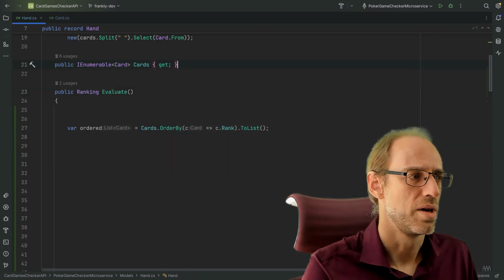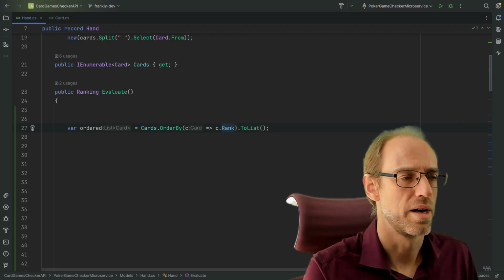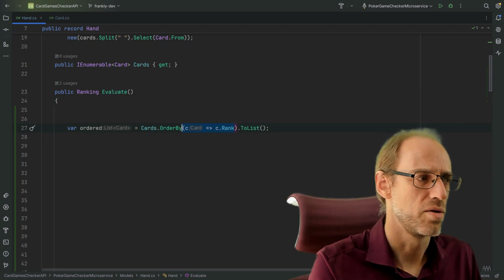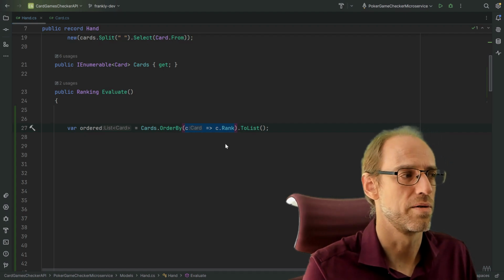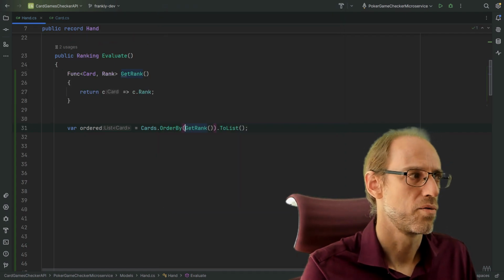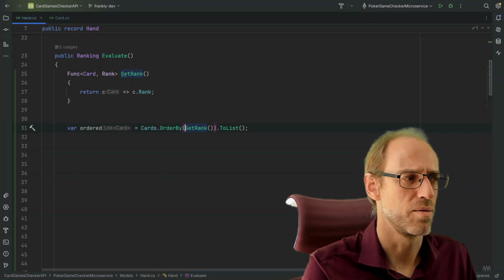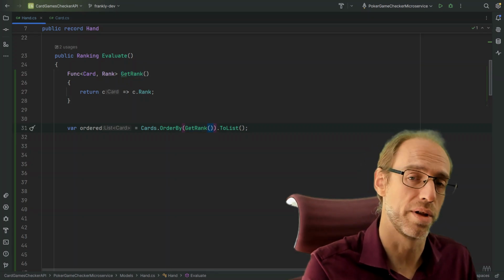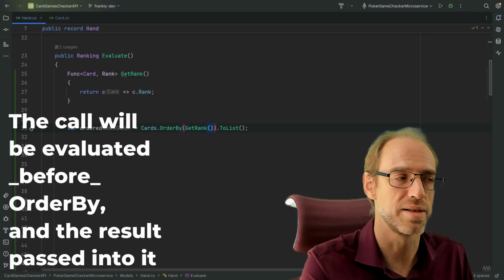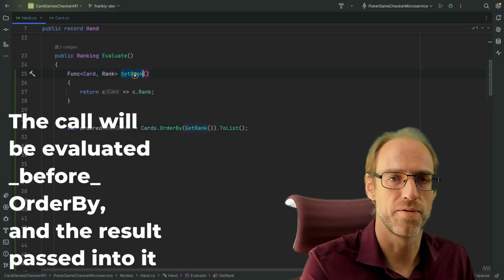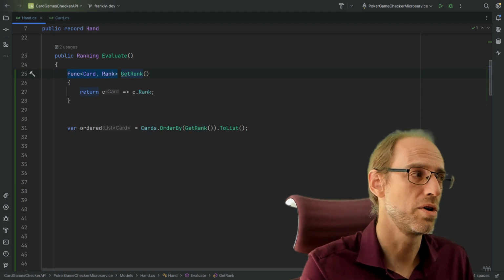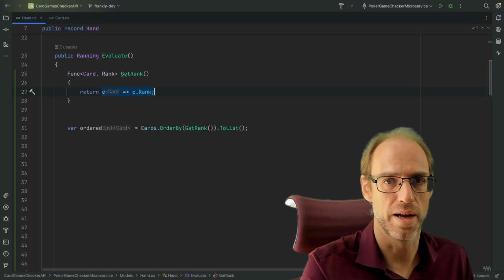We can go back to inlining it again and having our Lambda expression. And be careful and notice the difference when you extract this part into a local function. You get something else. If we call this getRank, you notice that we have an actual method call now. So this is doing something completely different than before without these simple brackets. Because this one calls the function and then gets back a function itself, which is the Lambda, again, used as